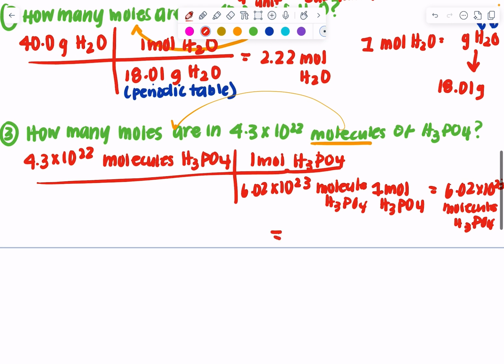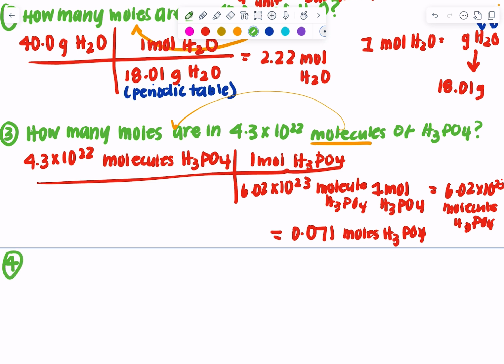This equals 0.071 moles of H3PO4. If you need to know how to put this into your calculator, the way that you use that notation,